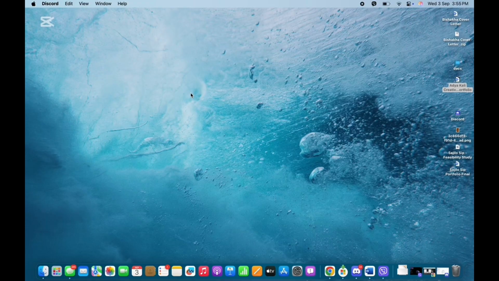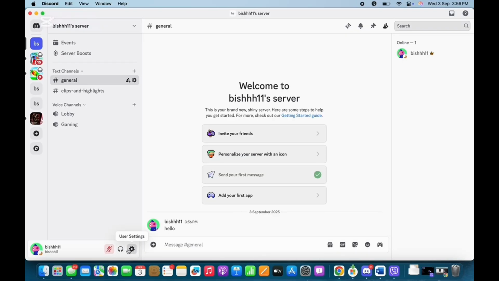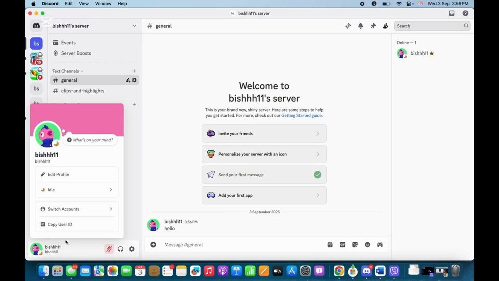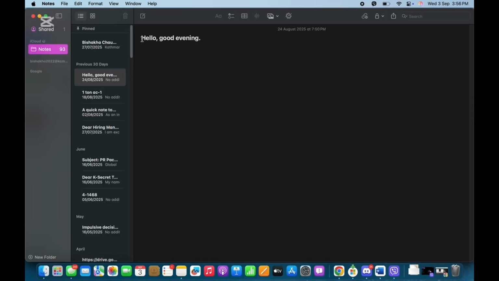Firstly, go ahead and open Discord on your device and make sure you are signed in. Now, tap on your username you see there on the bottom left of your screen and you will see the option for copy user ID. So, tap on the copy user ID option, and once your user ID has been copied, go ahead and open